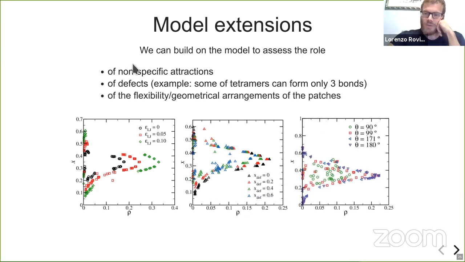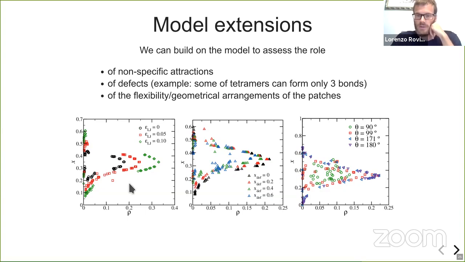And we can also look at what happens, for example, if we change the geometry of the patches. This would be if we take the dimers. Dimers are the particles with 2 patches on the poles. If we change the angle between the patches, that would be something like changing either the geometry of the real protein or also the flexibility. And you see a similar effect. So you see a shrinkage of the phase diagram.